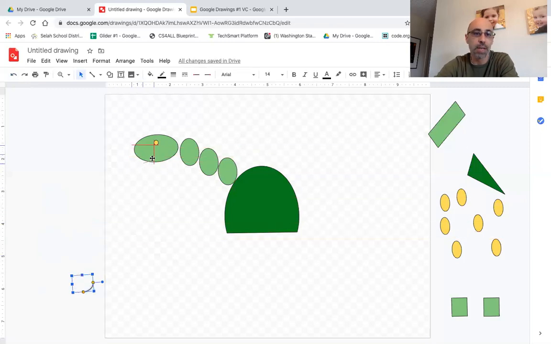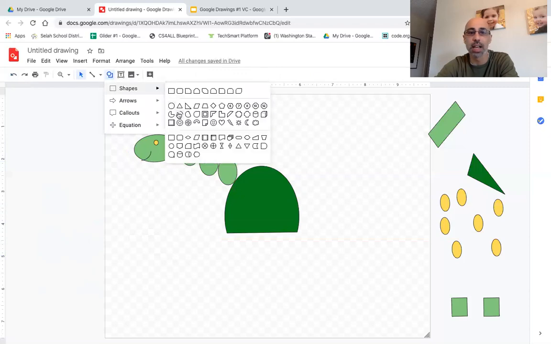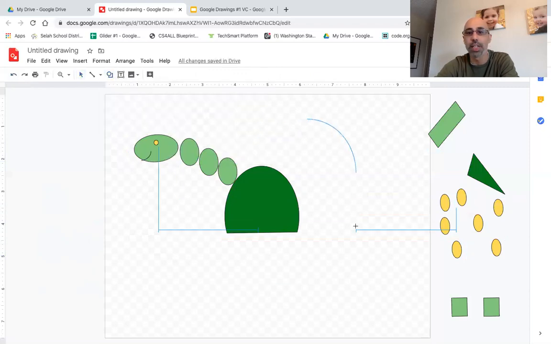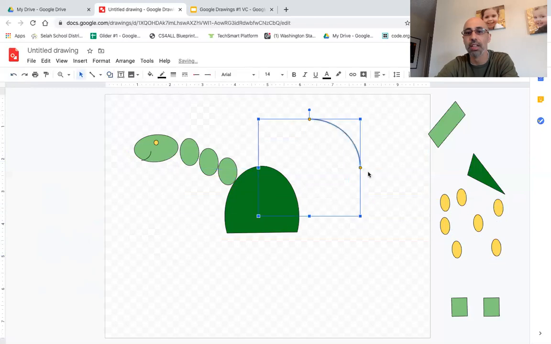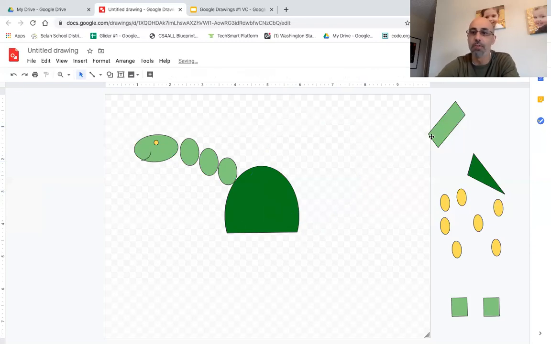This is for my mouth, because he's a nice dinosaur. It's the shape up here, and it's just that arc. If I pull it out, right, I can make that arc. That's a big one to show you, and then I just rotated it. Okay,